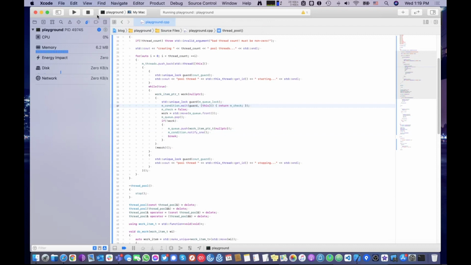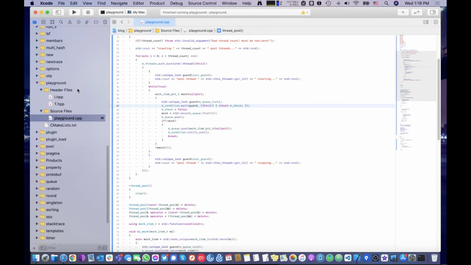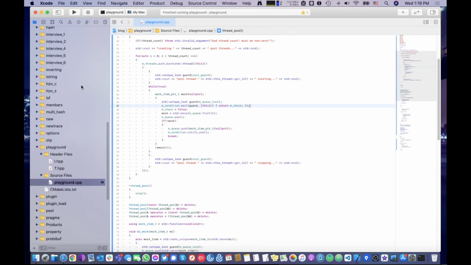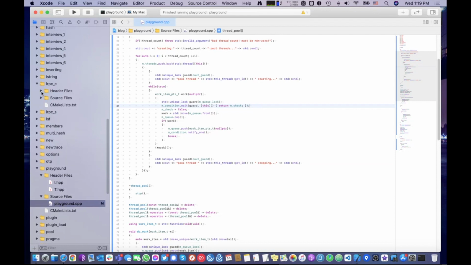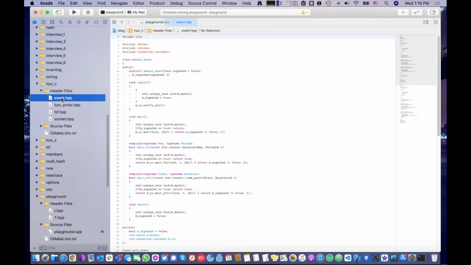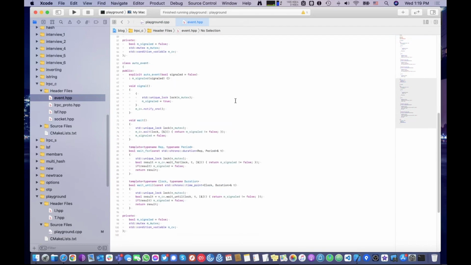Now, let me look at something here on the side, because I have an event class which I was using recently. Yes, and this event class I'm pretty sure would fix it, because if I did an automatically resetting event, so instead of doing the condition variable,